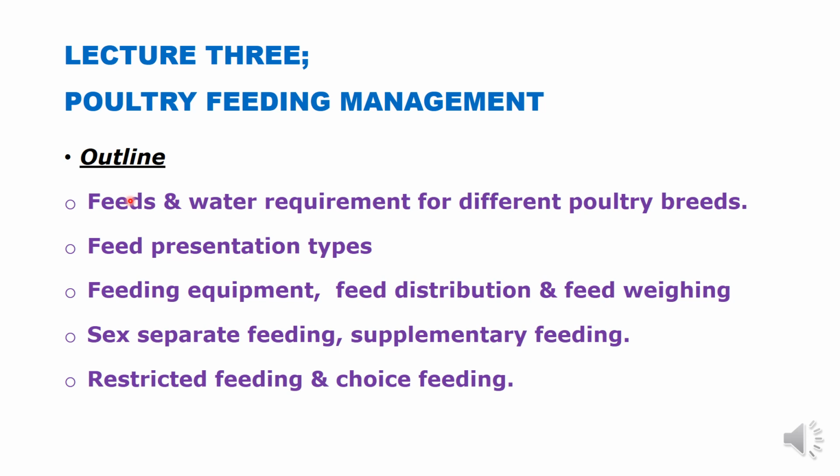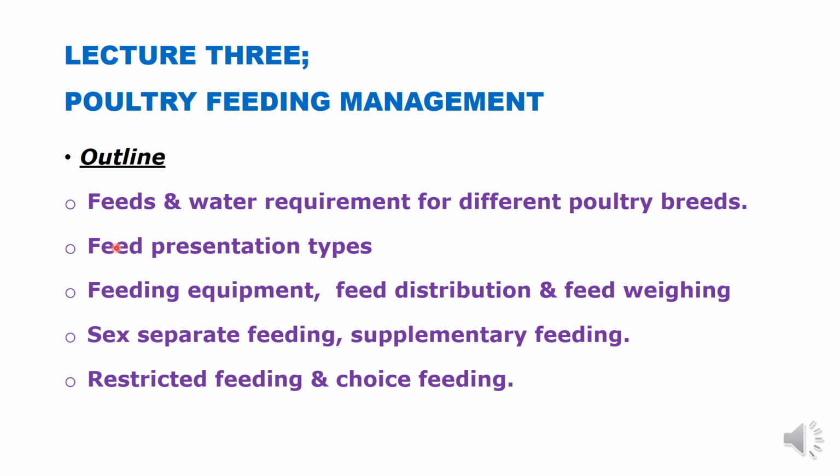For example, the turkey, chicken, goose, ducks, they require different amounts of different nutrients. We shall do feed resources, the various feeds. For example, these feeds provide various nutrients, such as carbohydrates obtained from the corn or grains. We have proteins obtained either from a plant source like soybean meal, or from an animal source like